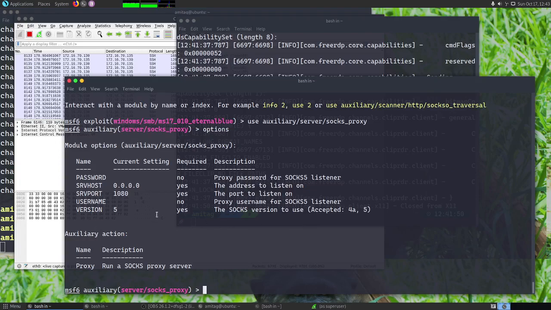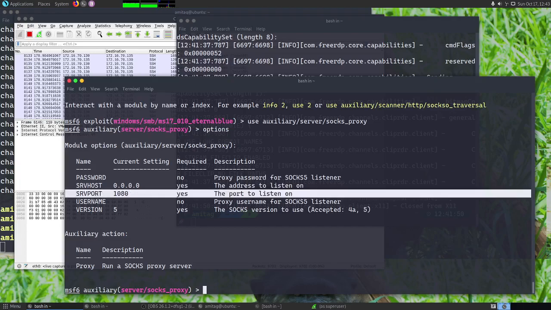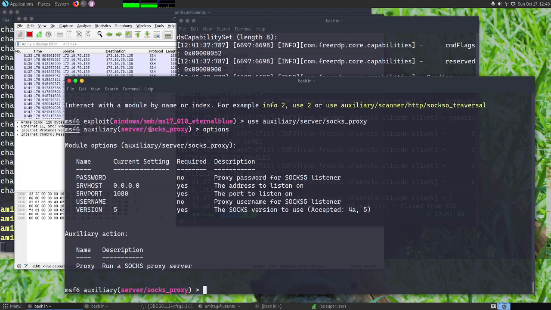If you want a username and password, you can set that. You can also change the server port if you want to, and then just use this and run this, and this will start a SOCKS proxy for you, similar to how we have run a SOCKS proxy with SSH on the Ubuntu machine. So that's all for today. Thank you.